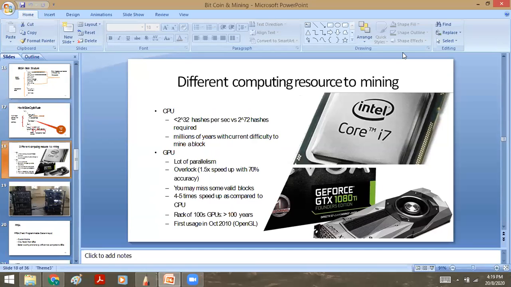Okay, if we think A, B, C are solving the puzzle, and A solves the puzzle, then what will happen to the work done by B and C? It is wasted. Yes, Dharani. B and C calculating the hash value is a waste, but they are all validating the transactions, which is good. So it is a waste for them, but it is good for the transaction, because all the nodes in the network are agreeing on whether the transaction is correct or not.